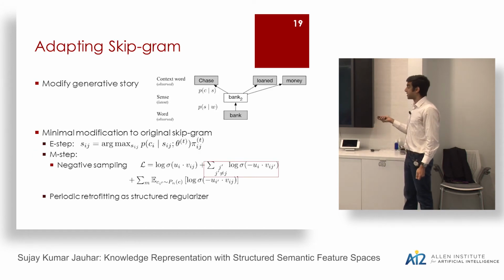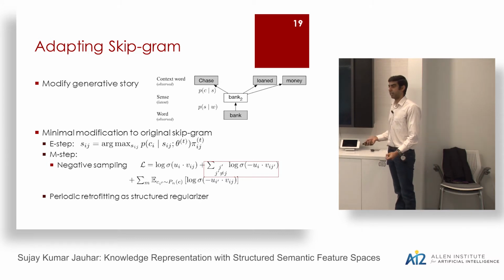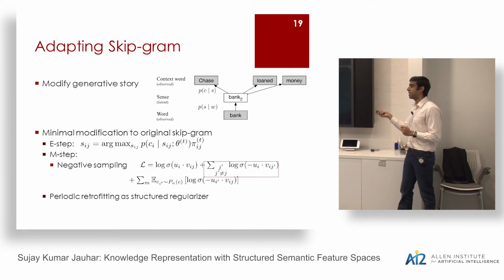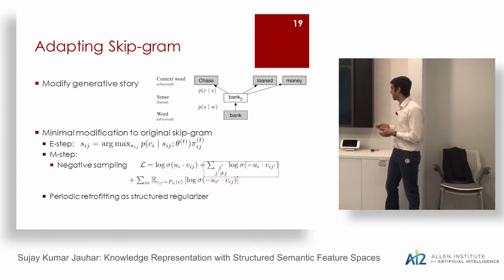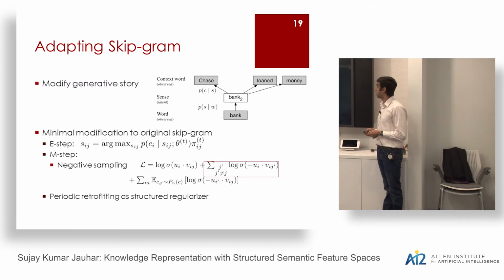So this is how you would do it for the skipgram model. The skipgram model, as a quick refresher for those that don't remember, is where you take a word and try to maximize the probability of predicting the context words. And so you modify the generative story slightly. Instead of directly predicting the context words, you predict a particular latent sense first, and that latent sense then predicts all your context words. This leads to a very minimal modification of how skipgram is optimized. Because you have latent senses and it's maximum likelihood, well, EM. In particular, we use hard EM.